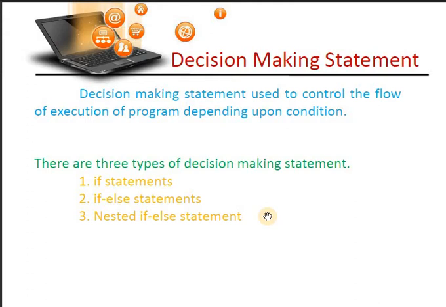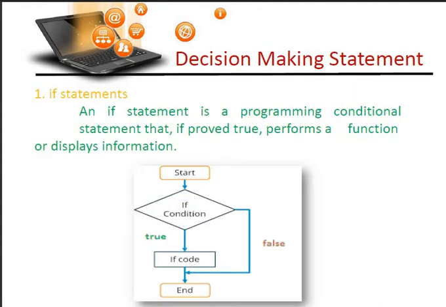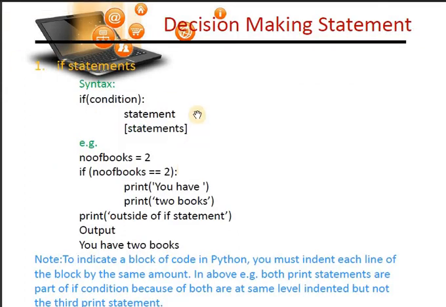And students, we have already taught all these things in class 11th, and you have made a lot of programs using if and if else. Now the if statement. Now this is the flow chart of the if statement. Fine. The if statement is a programming condition statement. If proved true, it performs a function or displays the information. Now this is the syntax of the if statement: small program, number equal to 2. If number equal to 2, you have passed, you have the 2 books. So this is a very simple thing and you already know, and we are taking a quick revision of all